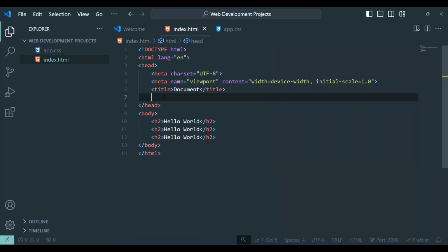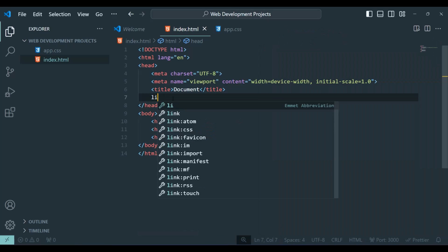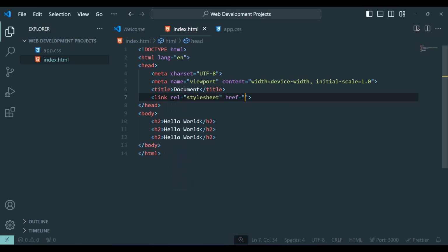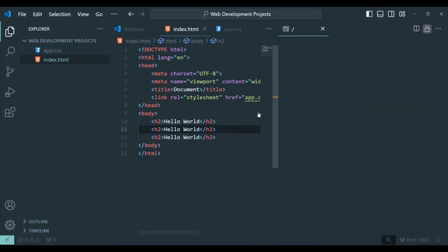This is because we forgot something which is very important, and that is the link. So you type link, we press tab, and we have this standard style sheet, and here we need to specify in the href attribute the address of this style. So I'm going to type app.css, and now if I show preview,